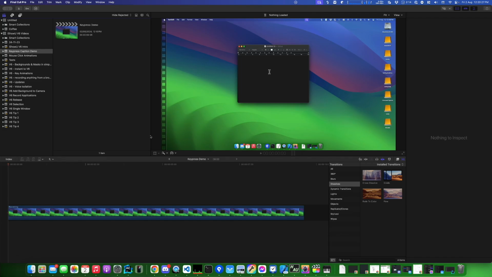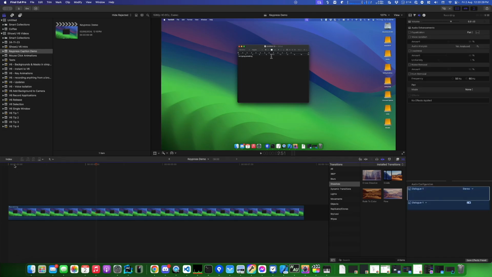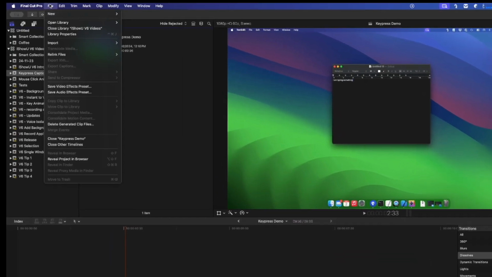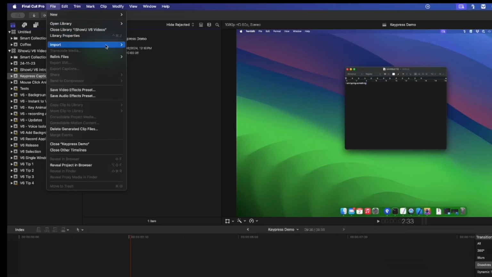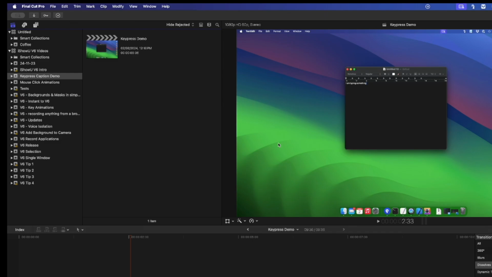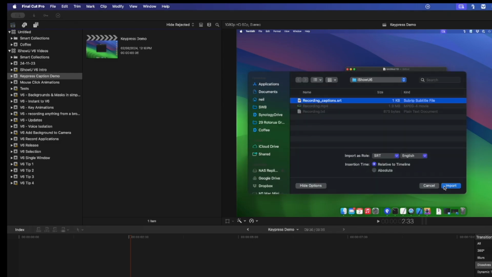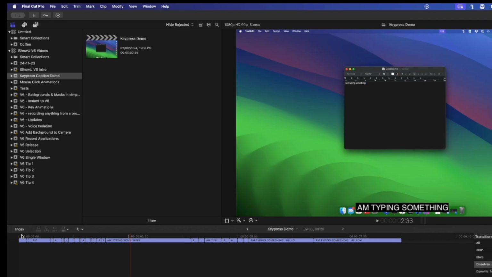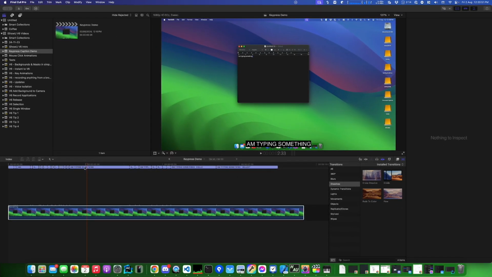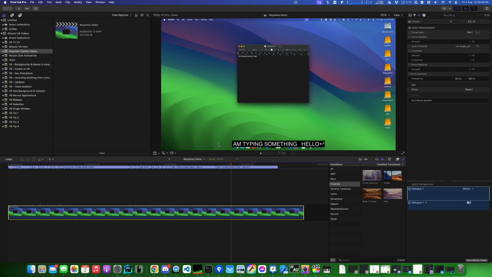Let me switch over to Final Cut and show you what we have over there. Okay, here we are in Final Cut. Apologies if the text is a little bit small. Hopefully you'll get the point though. So I've imported the clip that we had of me typing. You can see just scrubbing here. Let me go grab that subtitles file and apply it. So we import captions and it's there. Okay, done. So now you can see there's another track up here. And as I scrub across, you can see here, I am typing something. Hello. That's basically what we were typing. So if I let that play,